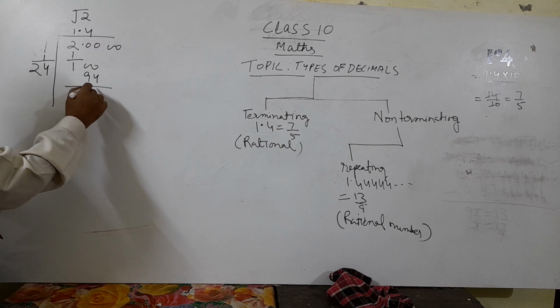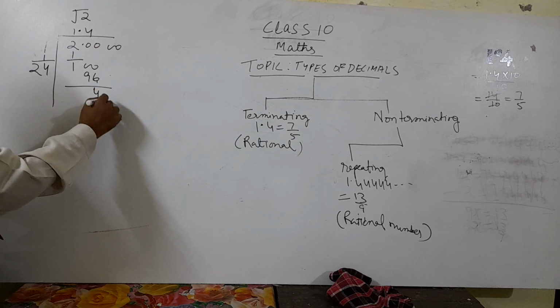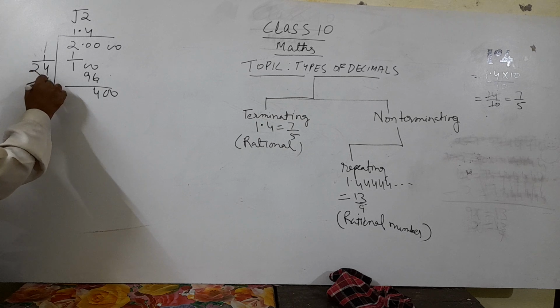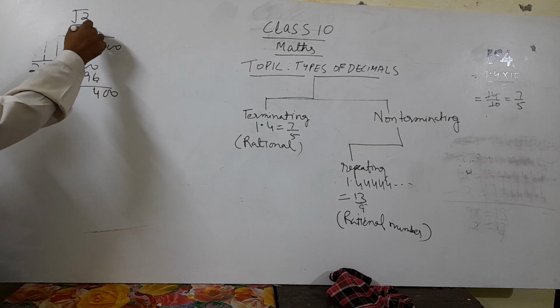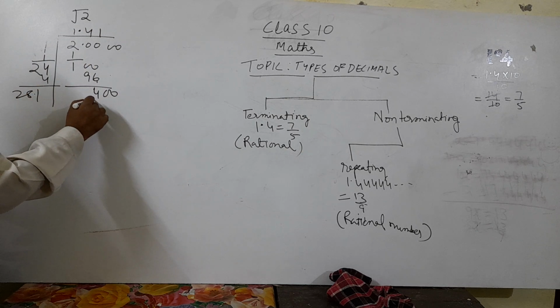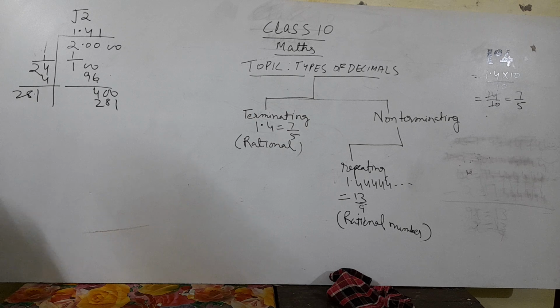Again you get here 4 and 2 zeros come down, 4 will add up here. 2, 8, 2, 8. You will take 1 here, 2, 8, 1. To save time, you get here